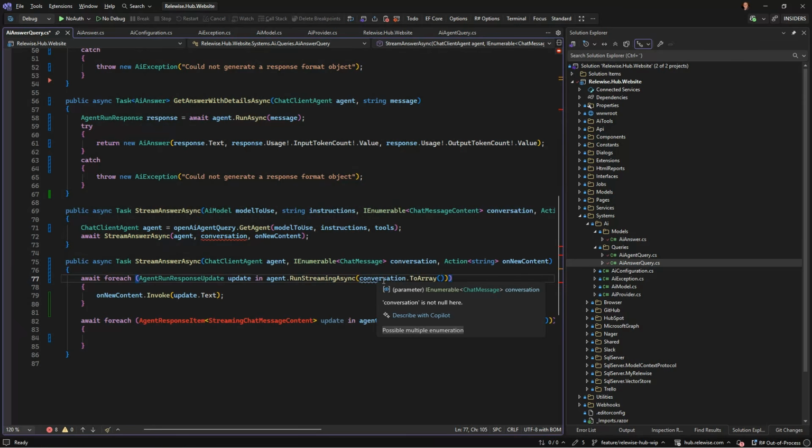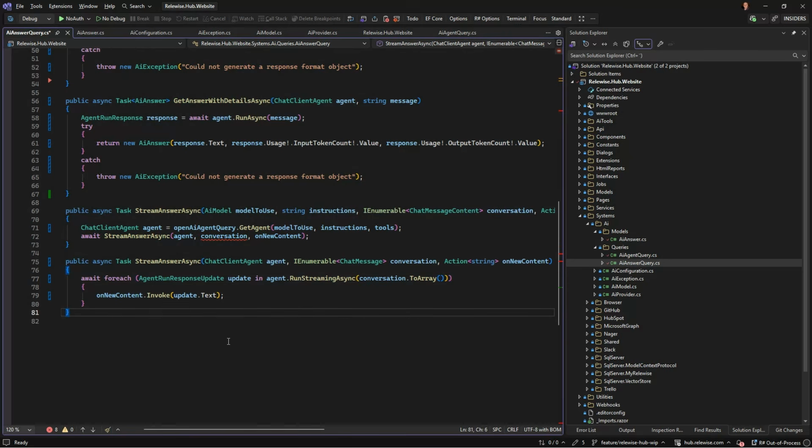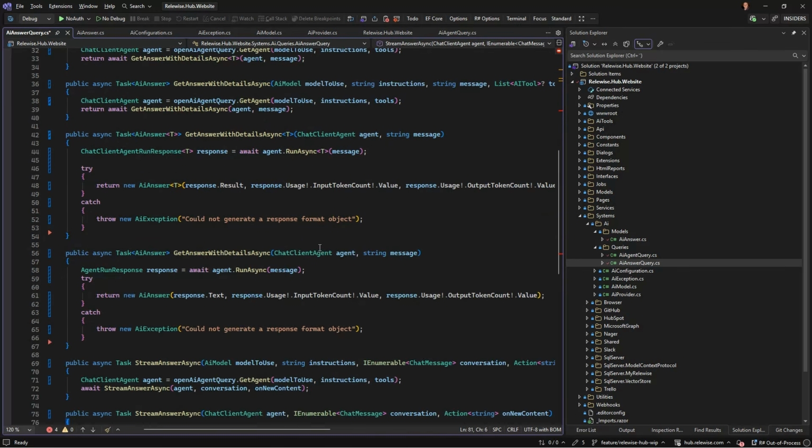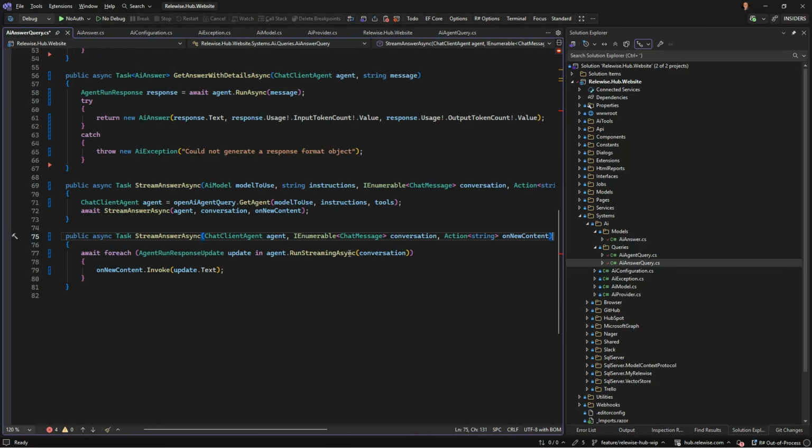Because it's not null here. It's possible multiple. It's because I have this down here. Makes sense. Now that makes more sense. And we're gonna take that. Yeah, so this is definitely gonna take longer than I had actually expected. But I guess we are slowly getting there.